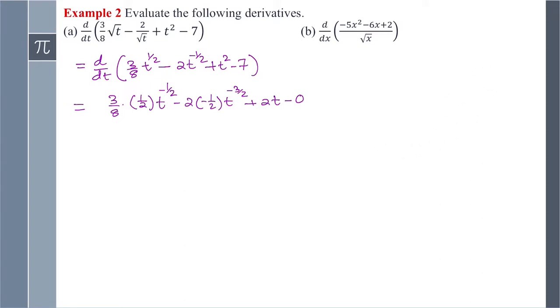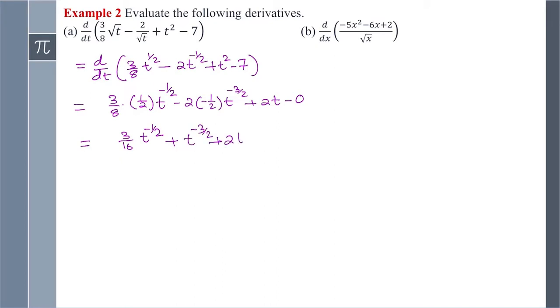Now let's go ahead and simplify this. So this is 3 over 16. Again, we have a negative exponent. Usually, we would like to write that as a positive exponent, but let's write it this way first, and then we'll change it to a positive exponent. Okay, so t to the negative 1/2 plus 1, because 2 and 2 cancels out, so t to the negative